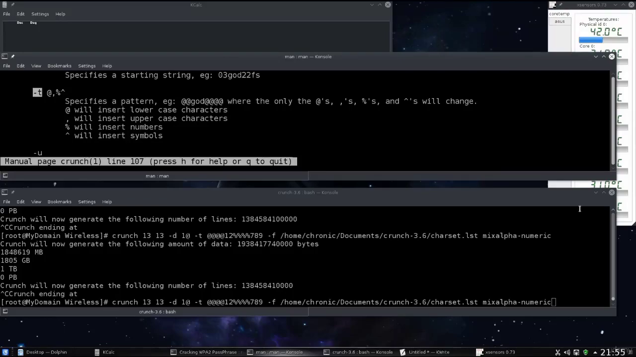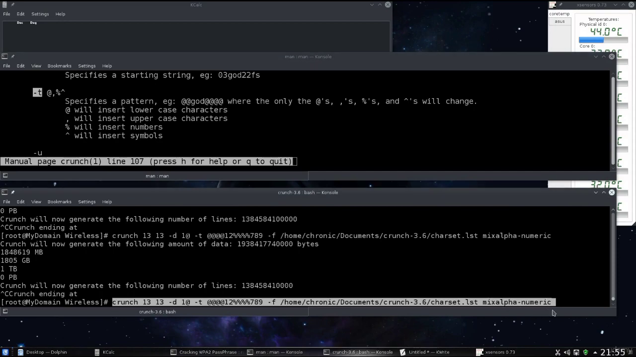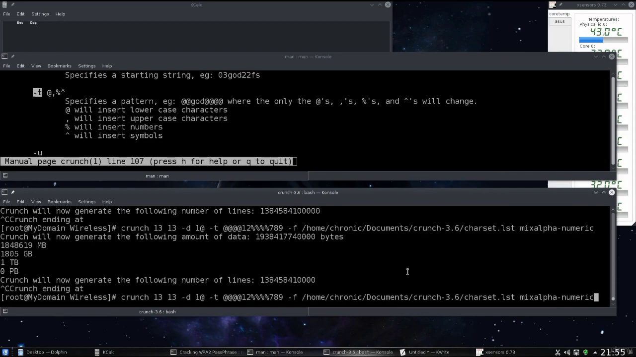Okay, so welcome back. Just so you know, this is just crunch; we're not still using aircrack in combination with it. Crunch can be used to generate password lists for all sorts of things, for web logins, for app logins, for whatever. And you might think, oh well, that's not something that's in the realm of possibility,